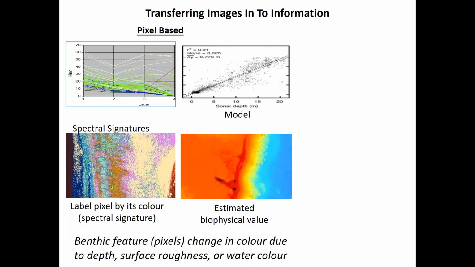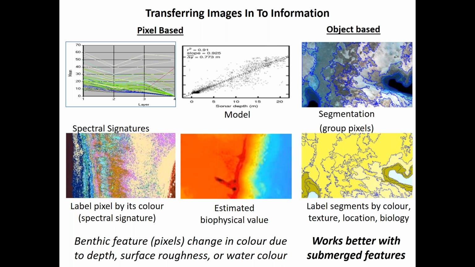Now, in both these cases, the moment the water column changes in depth, because of tides, or in composition, because of water quality, the spectral signatures or the spectral values change as well. As a result, you need to find other approaches to take into account the composition of the water column. Now, there are several approaches, physics-based approaches, where you basically resolve for the water column and you try to understand the whole water column and correct for that. But the approach that I started to apply over the years is object-based image analysis,